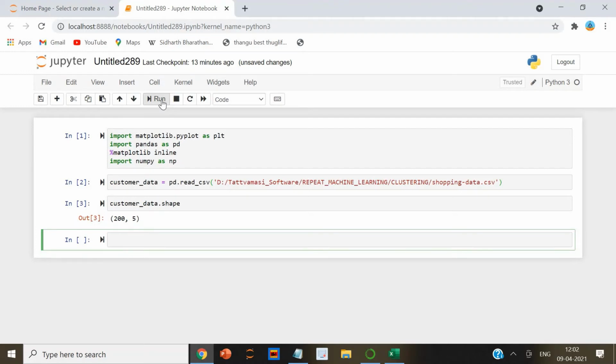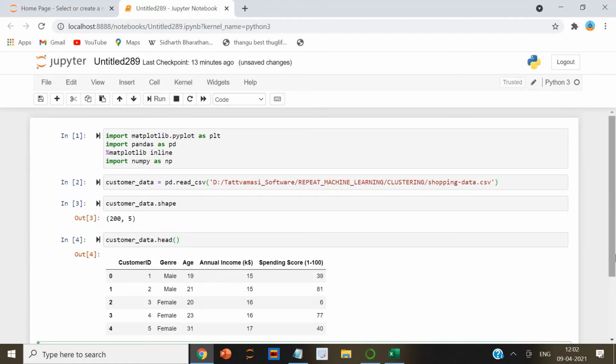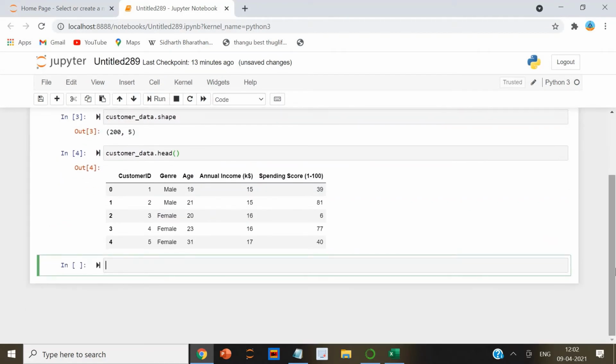To eyeball the dataset, execute the head function of the data frame. Take a look at the script. The output looks like this.